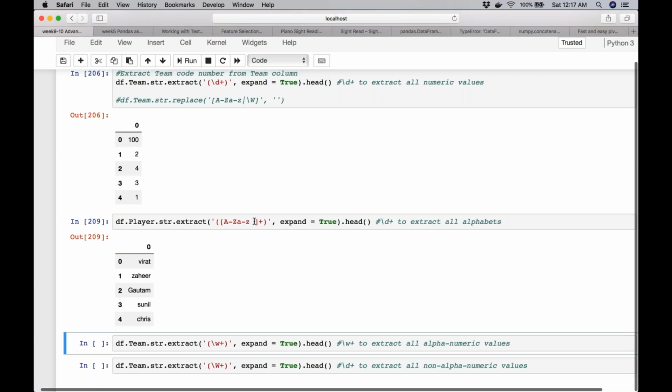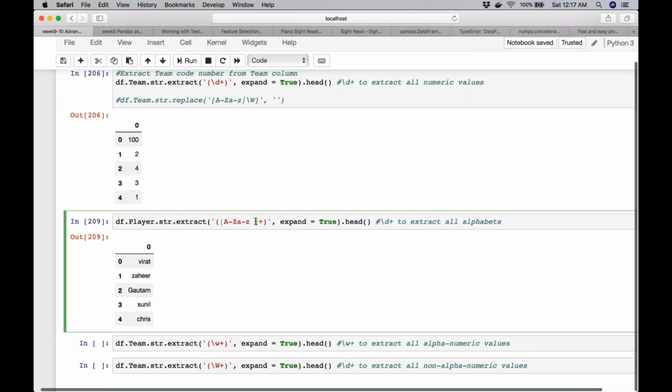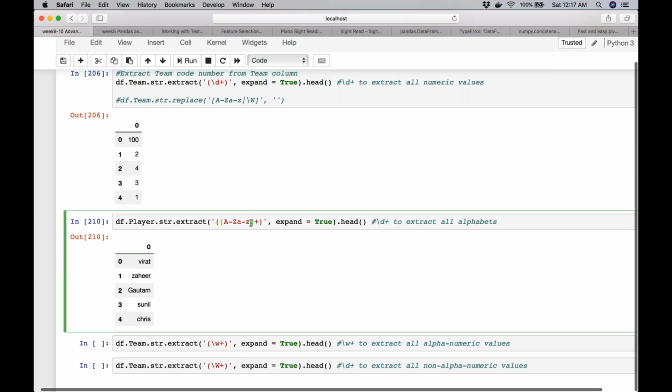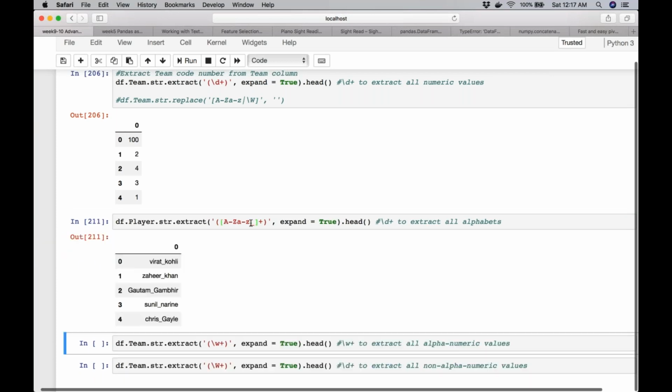Unless I specify an underscore or I create two capture groups. So it stopped at this place. But even with this, because there is no underscore, it does exactly what you tell it to do.